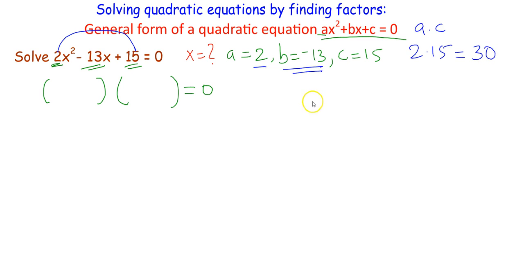Now, very important step. That is, we have to look for two numbers whose product is equal to 30. But on adding those two numbers, you should get this number b, which is negative 13. Let me write what I said just now. That is, I am looking for two numbers. First number times another number. On multiplication of those two numbers,